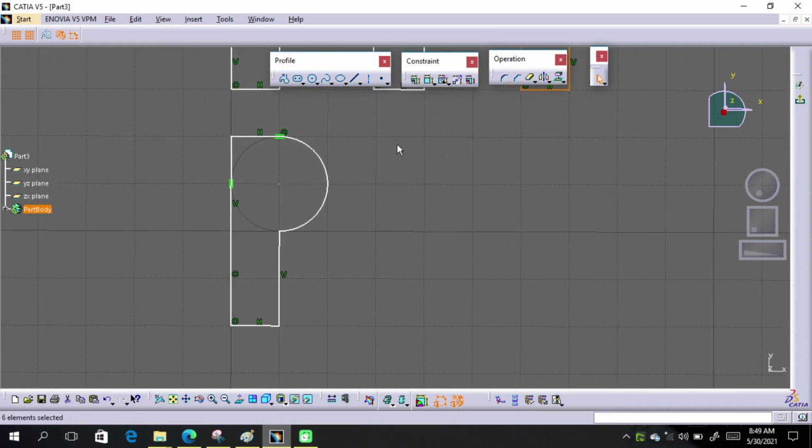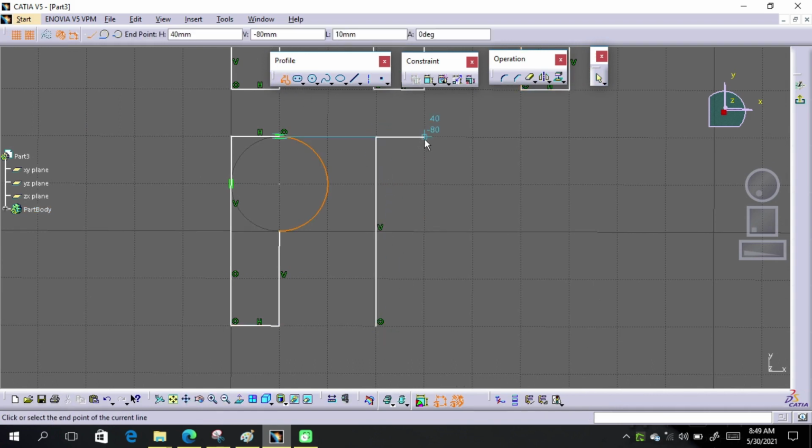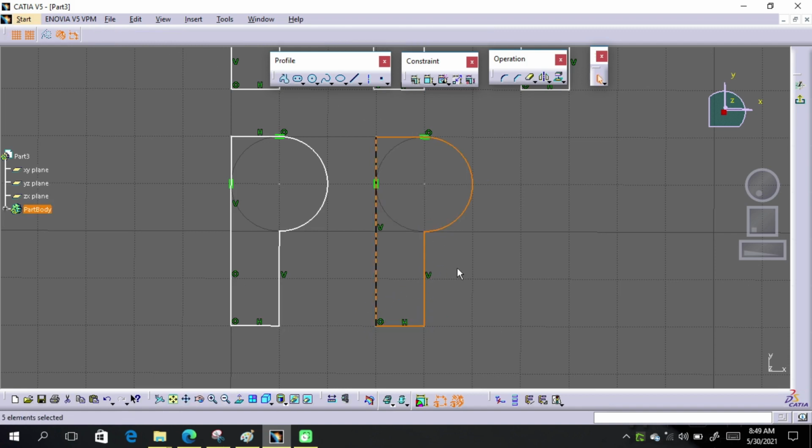Now we will create this object. Activate this profile tool and create vertical line, horizontal line, and now we have to create an arc. This is tangent arc. So go to sketch tools option and now activate the option of tangent arc and create a tangent arc and complete this profile.